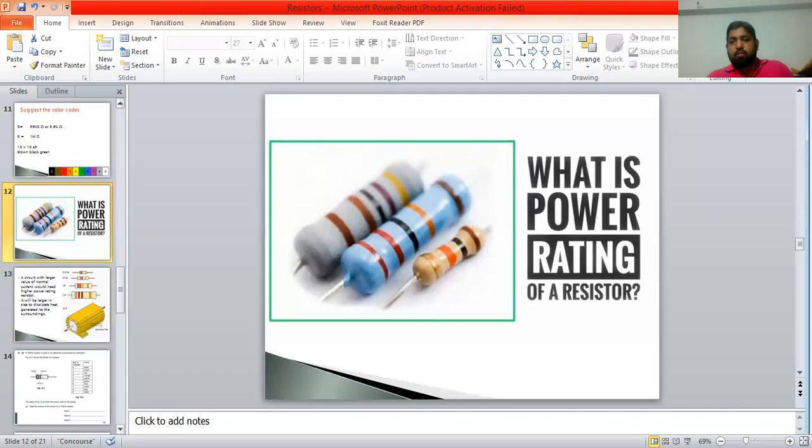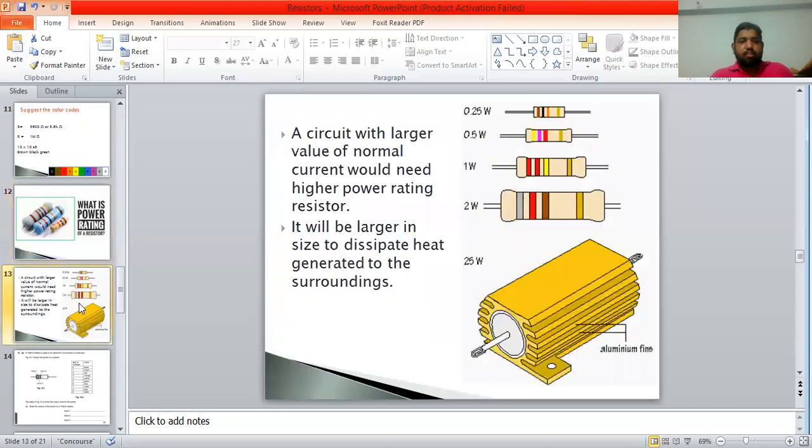तो जितना आपके पास लार्जर सरफेस एरिया होगा रेजिस्टर का, उतना ही ज्यादा वो हीट डिसिपेट कर सकेगा टू द एनवायरनमेंट. And even at higher current, it will not heat up or blow or change its resistance a lot. So we can see here that smaller resistors have low power rating, and for higher power rating, अच्छा, higher power rating की हमें कब need होती है? We need higher power rating resistors when the amount of normal current flow in the circuit is larger.